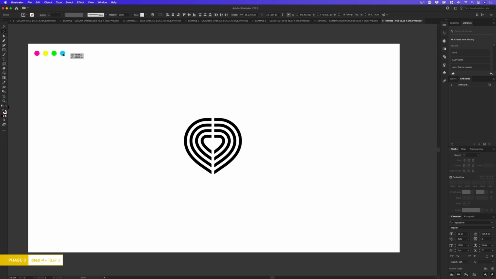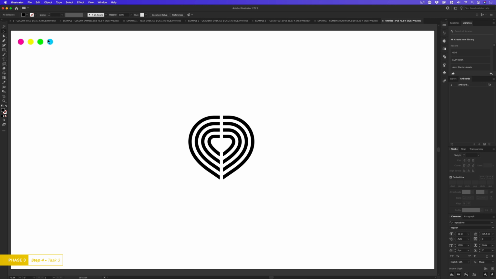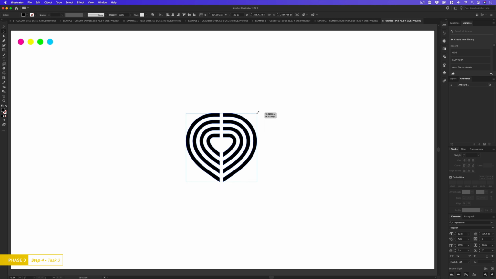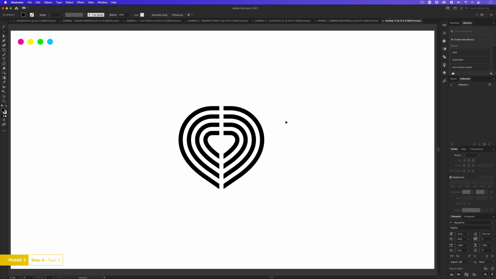Now you may be wondering why I have 4 colors here. Well, for my particular project, I'm designing a logo for a dance music festival, and I want my colors to feel vibrant, fun, with a sense of euphoria. The number 4 for my design is particularly relevant here because the festival will be happening at 4 different cities around the world. So here I'm considering a possible color to represent each location and 4 colors for various types